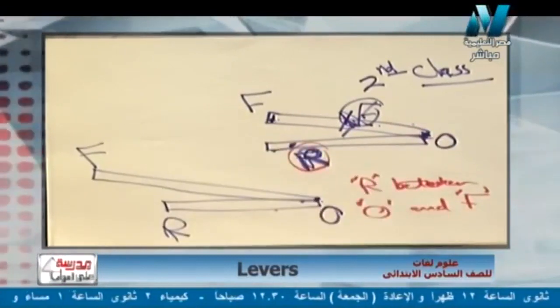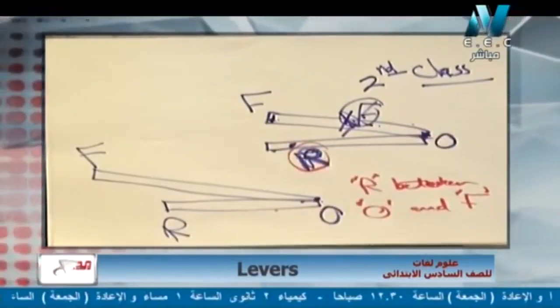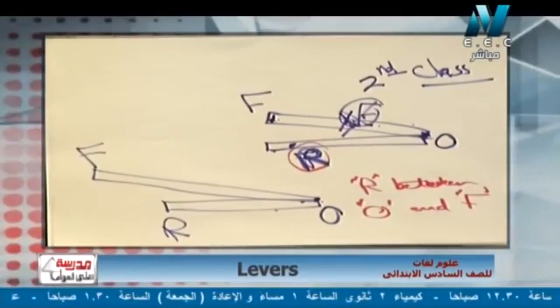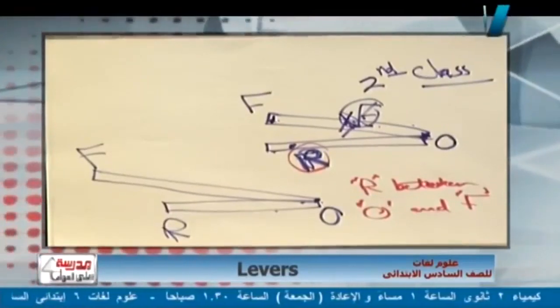So the stapler again is a second type lever. Why? Or give reason: because it contains resistance, not F. Resistance again, not F. Please note the stapler example confuses many students. Please note the stapler is a second class lever because it has R, resistance, not F, between fulcrum and effort force.